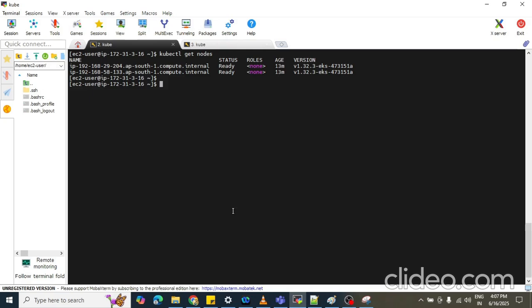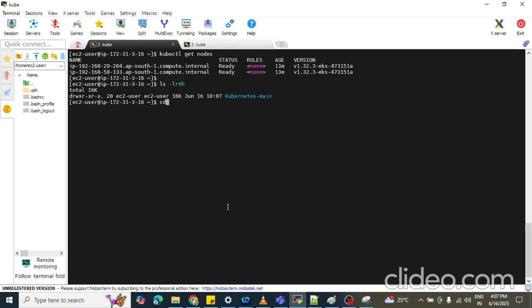So how many types of deployment strategies do we follow in Kubernetes? Basically, there are three main deployment strategies: rolling updates, canary and blue-green. And there is one more deployment strategy called recreate.